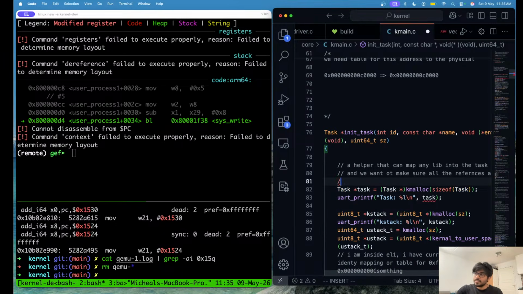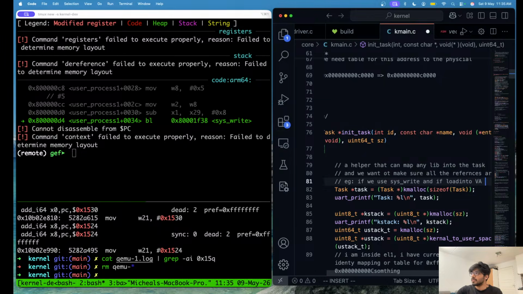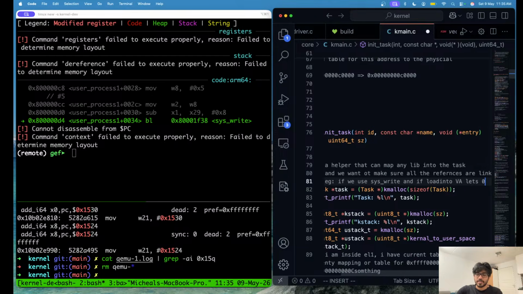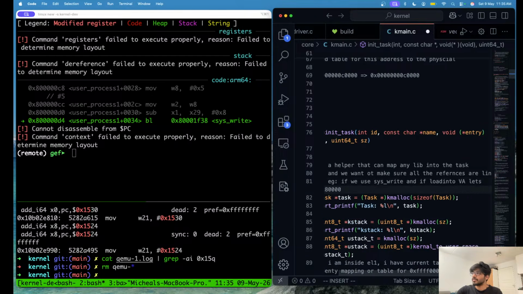For example, if we use syswrite, and we load it into virtual space, let's say 0x8 something, if this is where the syswrite is linked,